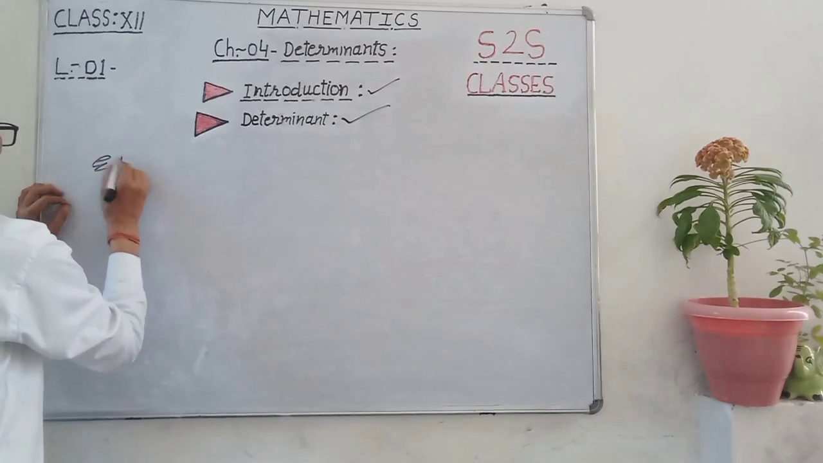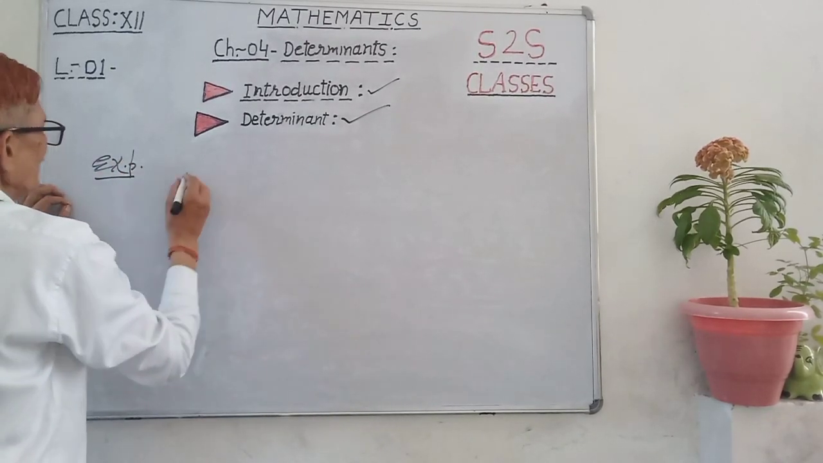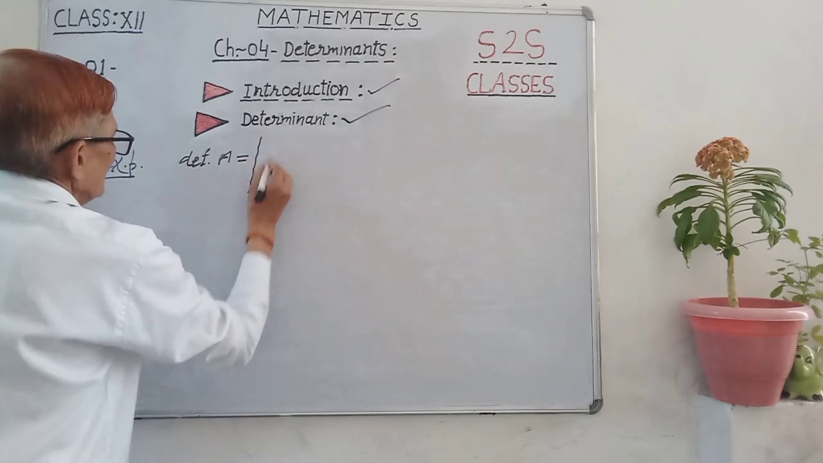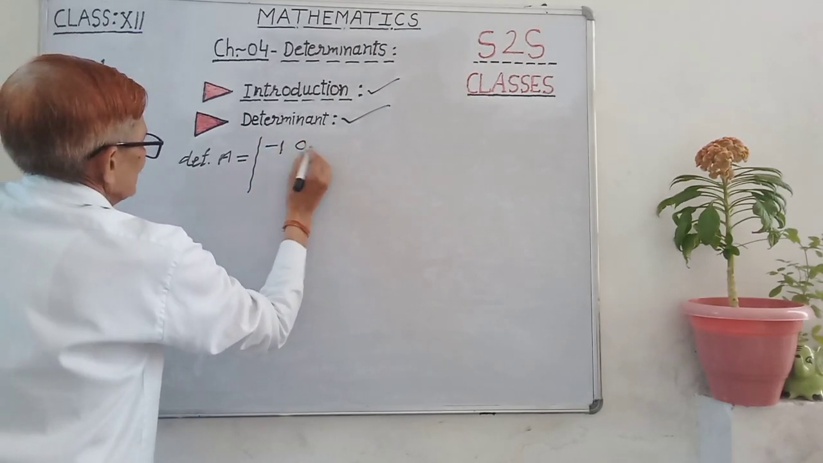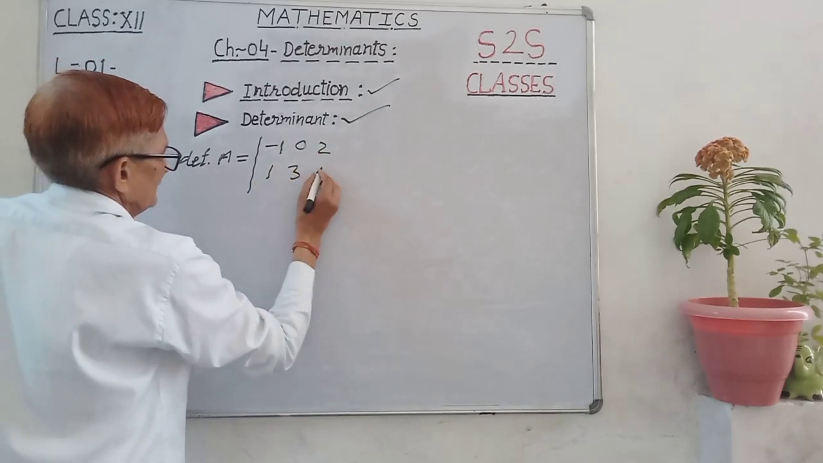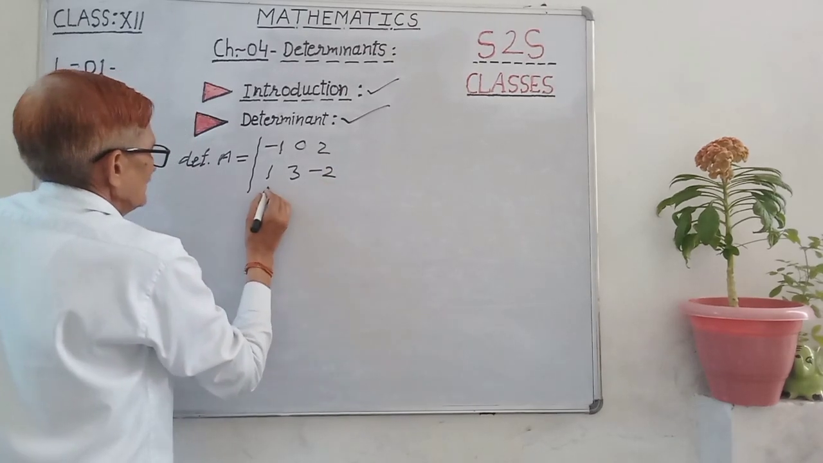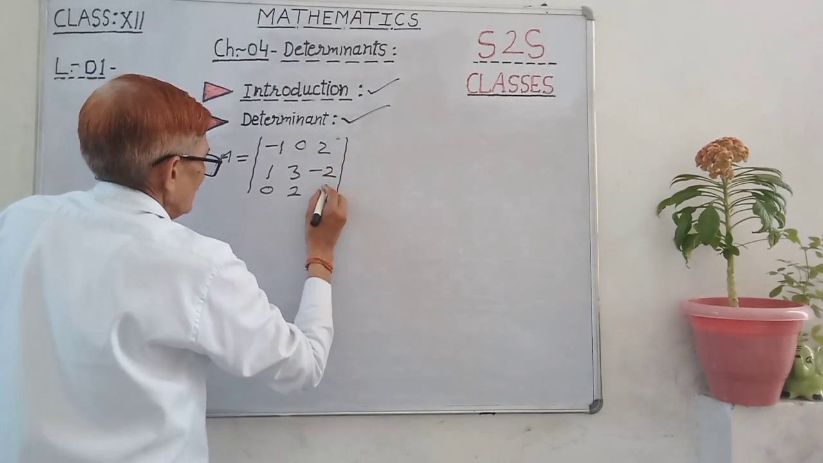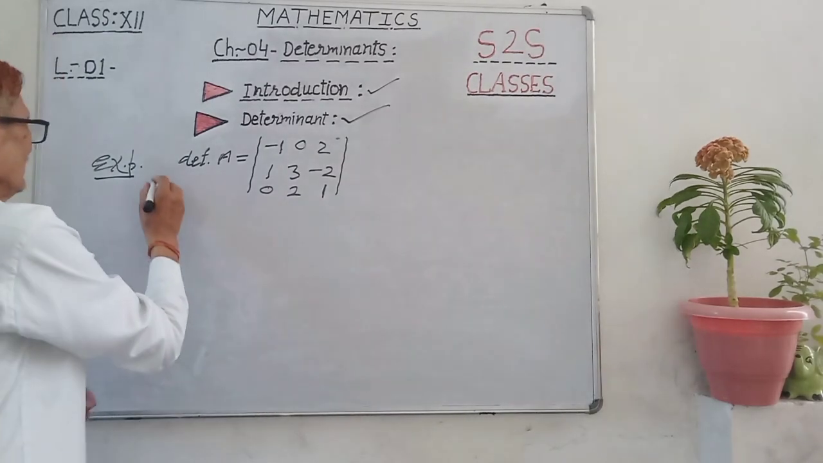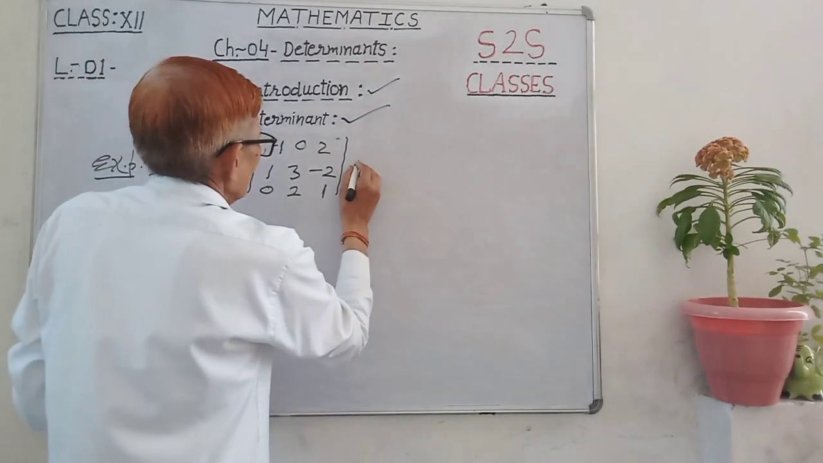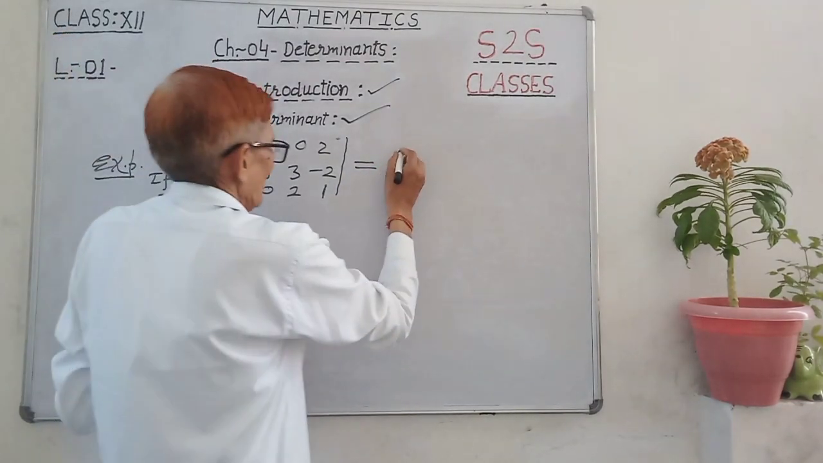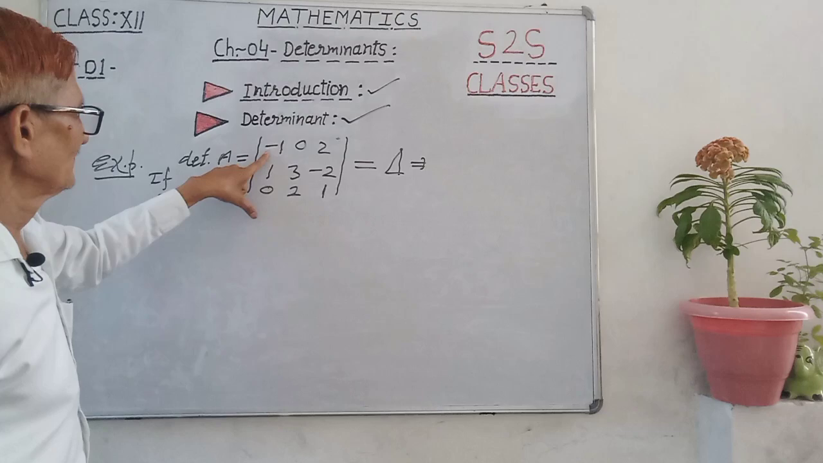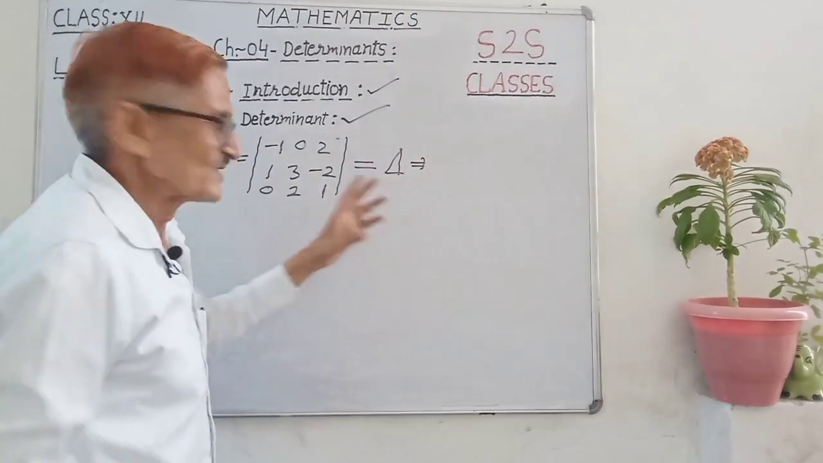Now example: determinant of A, if the matrix has rows minus 1, 0, 2; 1, 3, minus 2; 0, 2, 1. Then what is the value of this? Delta implies what? We can expand along the first row or the first column; in this also there is a 1 and a 0, in this also. Okay, so along R1